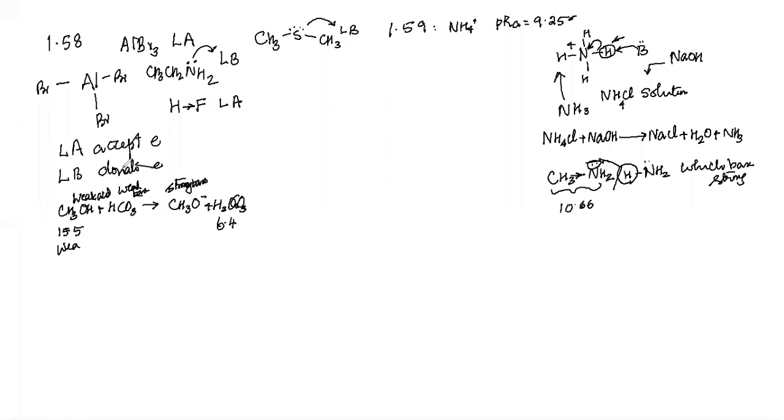So that is the next one, 1.61. Ammonia has a pKa of 36. Acetone has a pKa of 19. Will the following reaction take place? Let's look at it again. Acetone, CH3COCH3, plus NaNH2 minus,